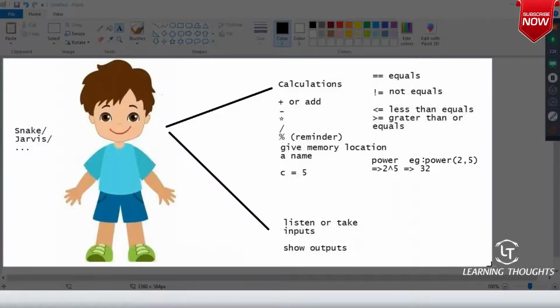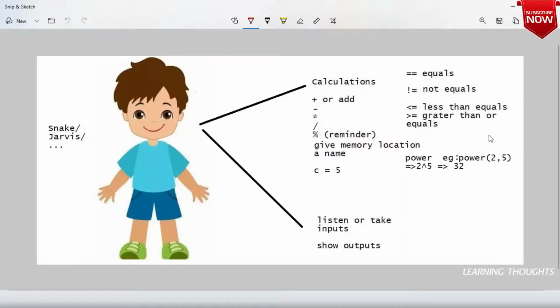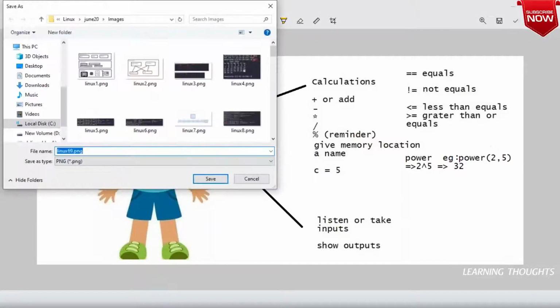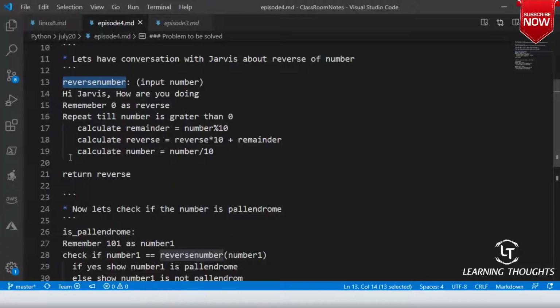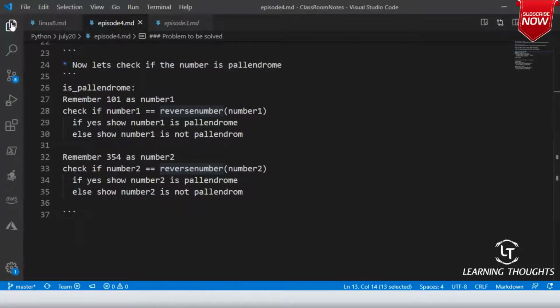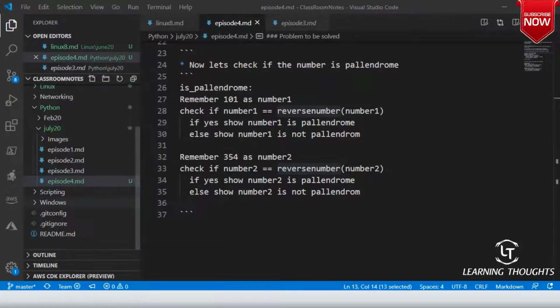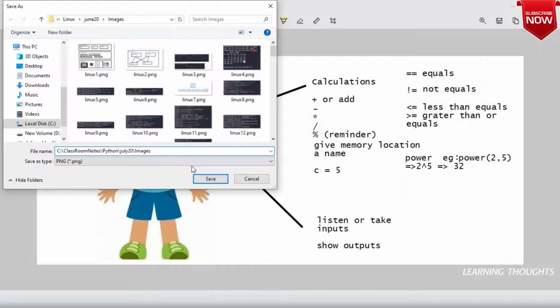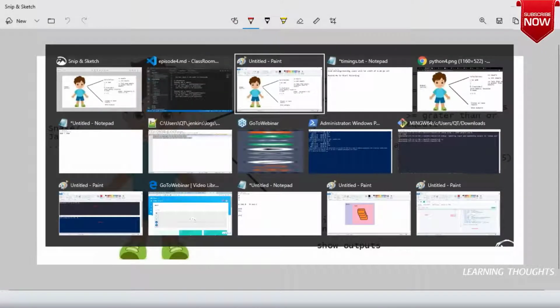Good. Our Jarvis has now a new capability which we have added to him. Okay, let me try to. Right.